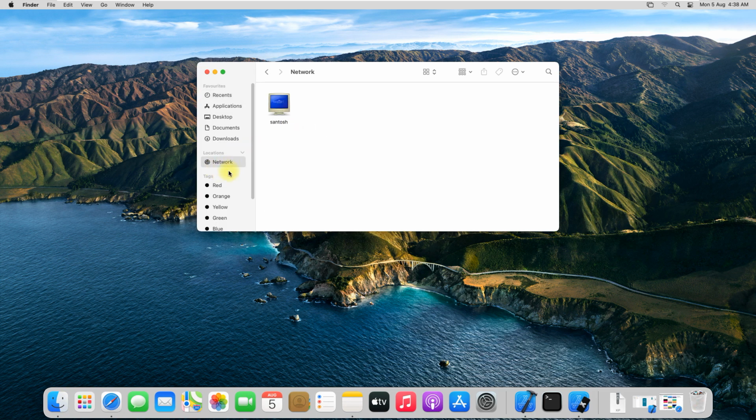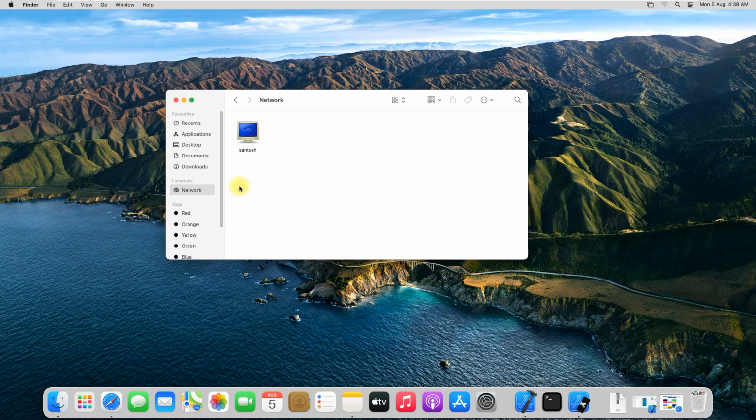Here we can find Network in the Finder. So here you can see the Windows user. Through this we can connect to our Windows machine. So here it is already connected. You will see this kind of Connect As screen. When you click on it,